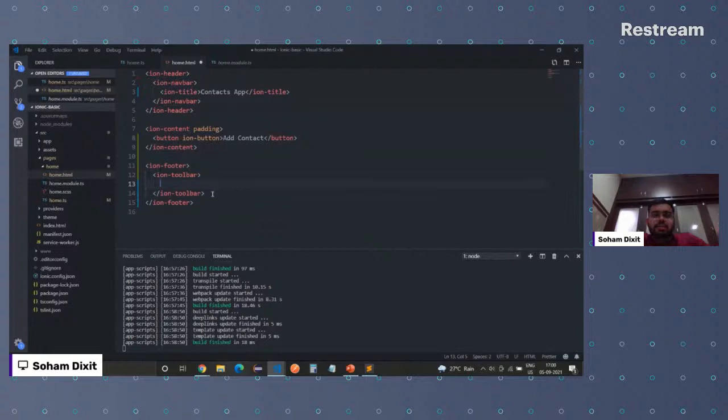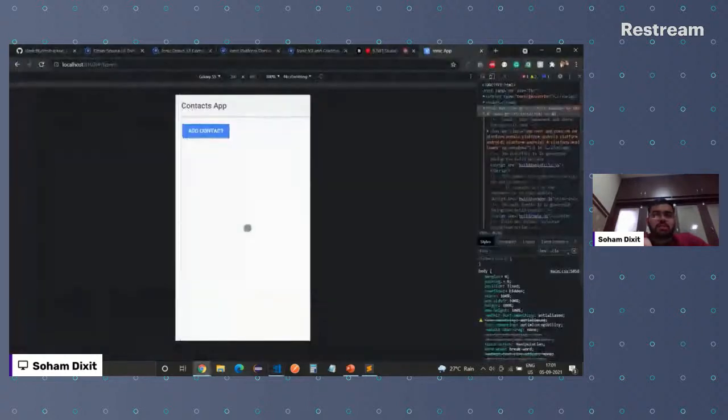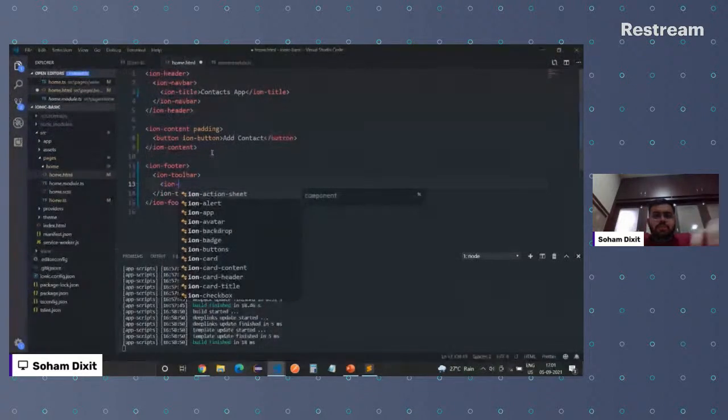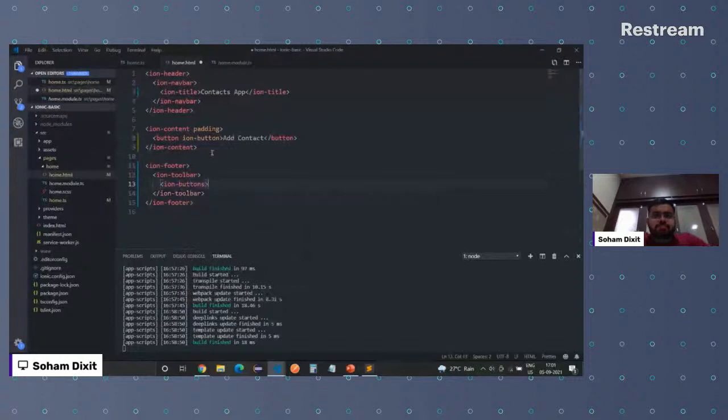And there is the internet, there is Stack Overflow, there are different sources which you can learn through. So don't just mug up the code which you are doing, but understand the concept. So when I said we'll have a footer, we'll have a toolbar in that footer, and probably we'll have one button added over there, right? That's what we discussed.